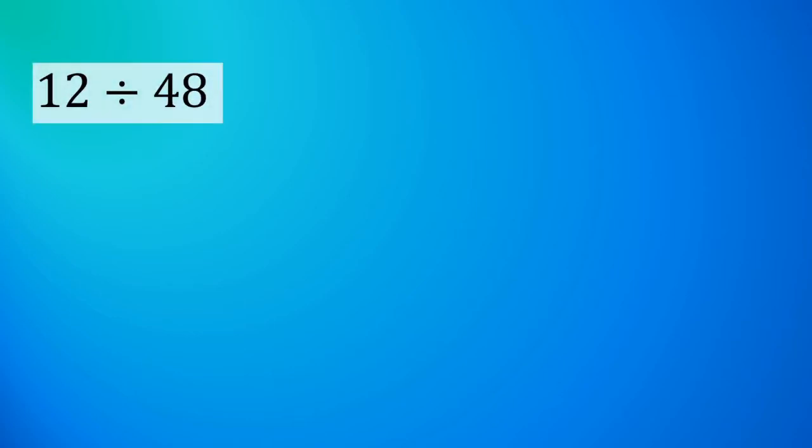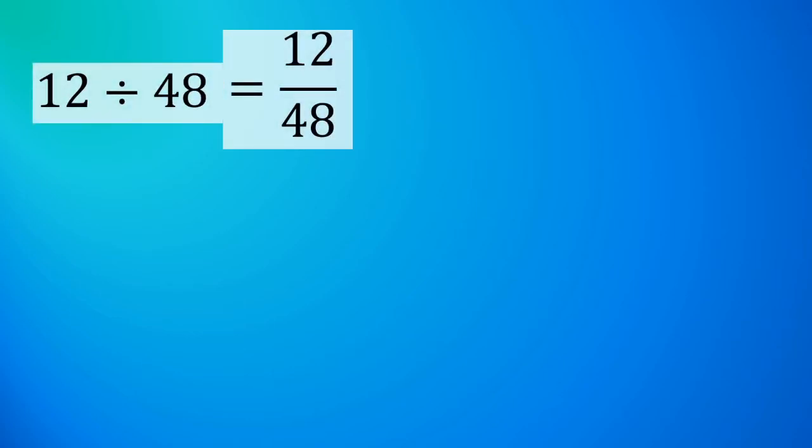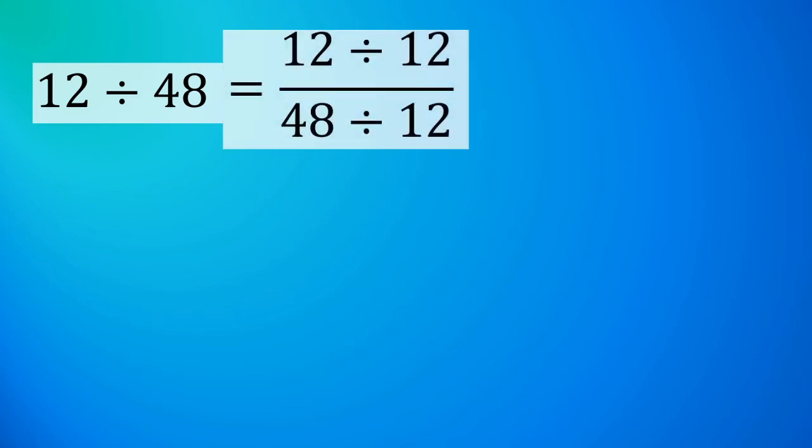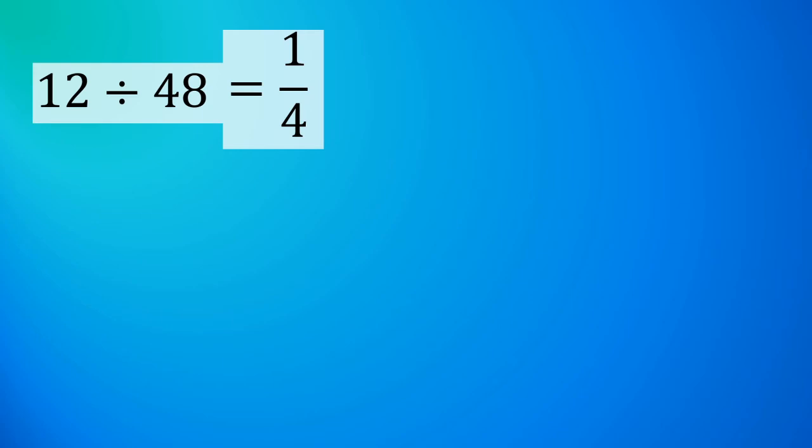I would now like to explain in a different way why 12 divided by 1/4 is equal to 48. Well, 12 divided by 48 is equal to 12/48. And to simplify this fraction, I'll divide both the numerator and denominator by 12. I plan to explain why you can do this in a later set of videos, and when I create that set of videos, I plan to put a link of it in the description of this video. Anyway, 12 divided by 12 is 1, and 48 divided by 12 is 4, so this would be 1/4.